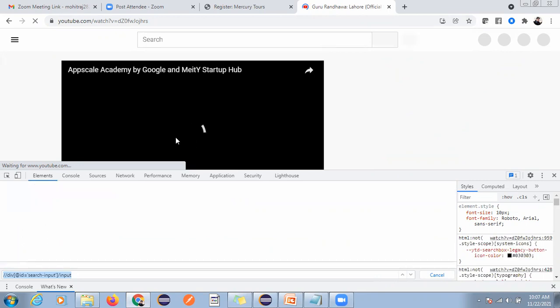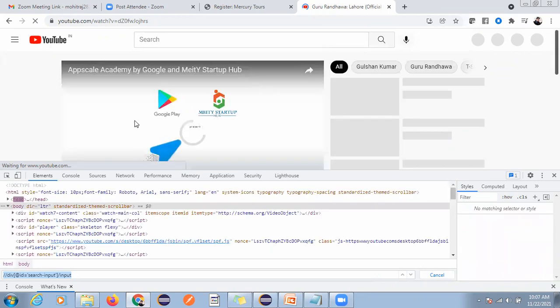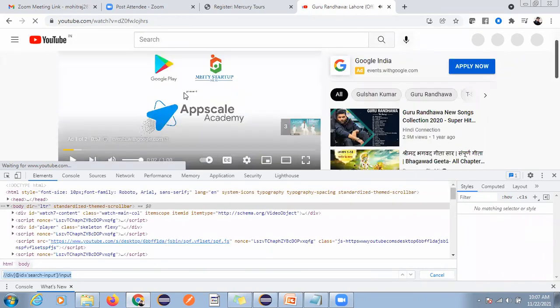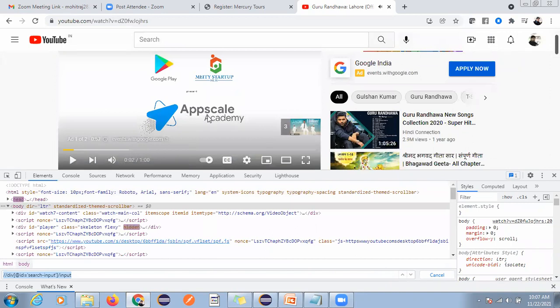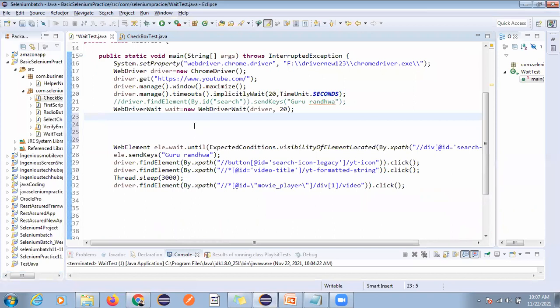We have to give some wait statement. If you do not give the wait statement, then your script will fail, right? That is the synchronization issue. To handle this problem, we use the wait statement. Understood, right? Selenium has multiple waits.